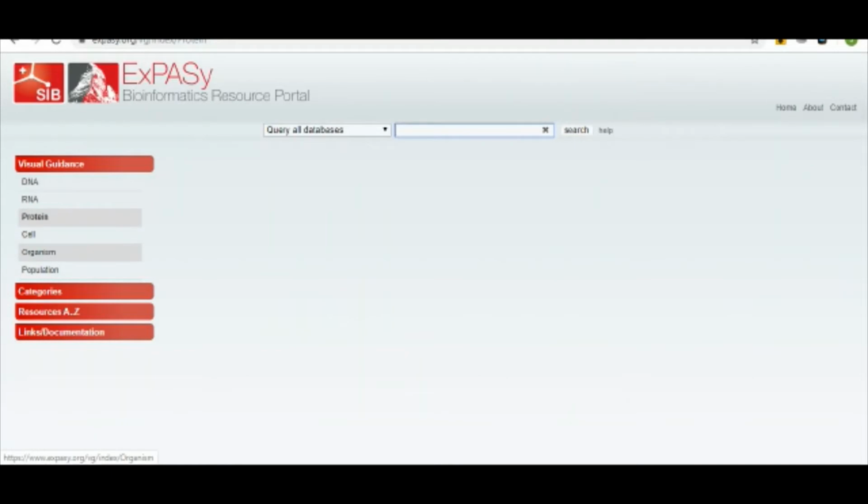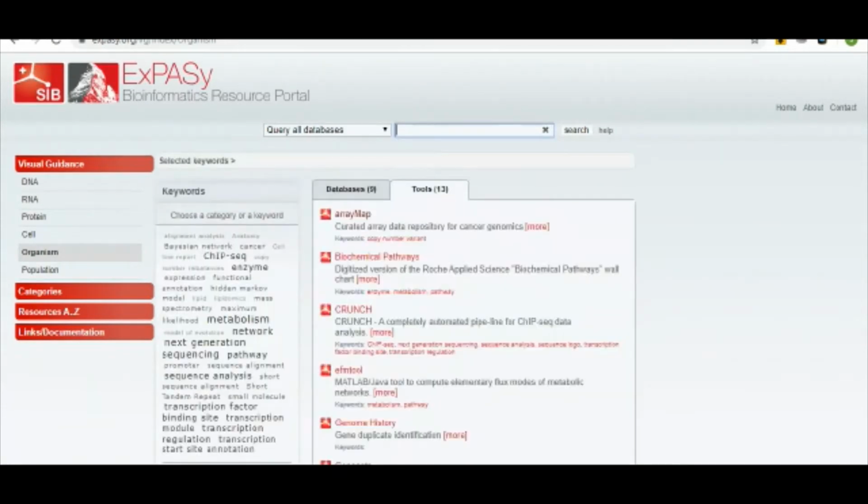now we see the organism. So these are the tools for the organism which check the transcriptional factor, binding site, transcription module, regulating transcription, start site annotations, and biochemical pathway also. Pathway tools are used for the next generation sequencing pathway. And now we will discuss